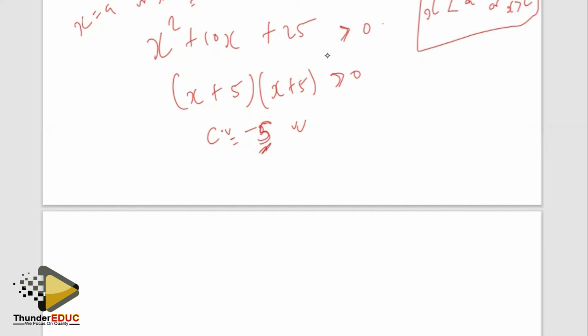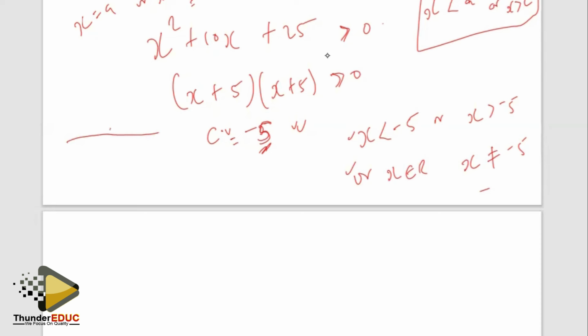So what we're going to say is that we can have all values of x that are less than -5 or all values of x that are greater than -5, since it is just an equal root. Alternatively, you can tell us x is an element of real numbers, x should never be -5. So that is also another alternative. If that doesn't work, you can also draw the